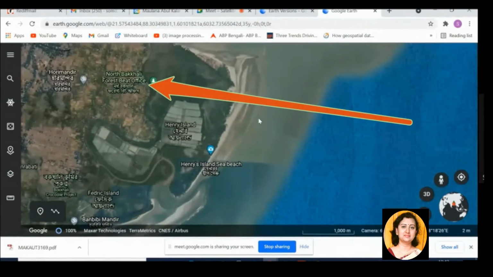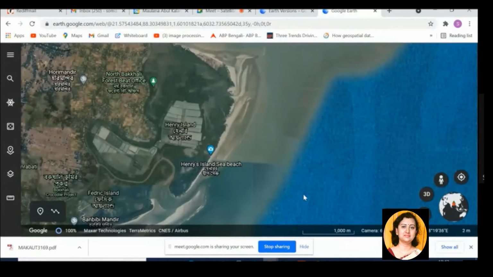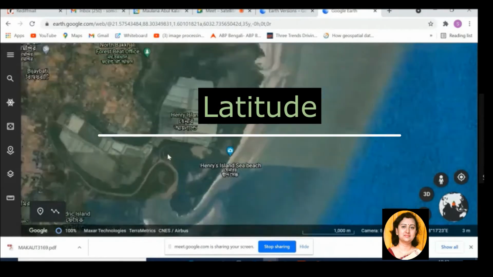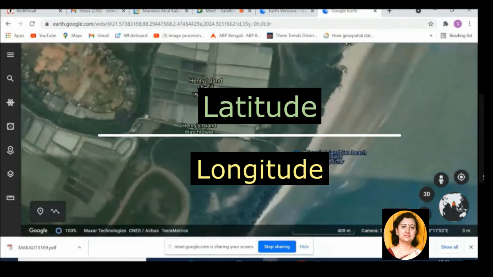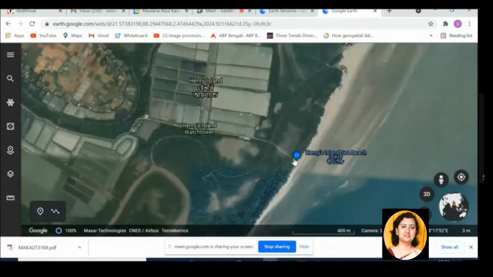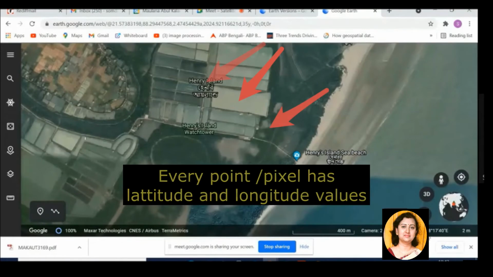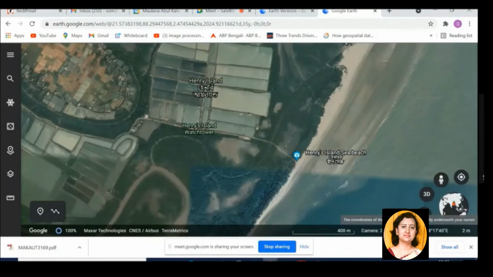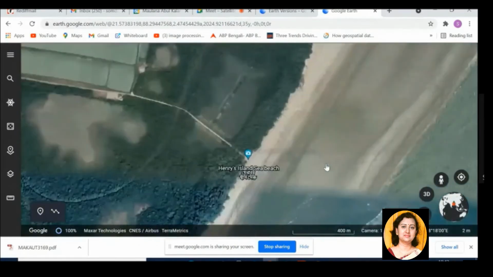Okay. So I am assuming that this is a map. And I'm also assuming that the latitude, longitude values that are visible here, see, every point has a lat-long value, and it is being shown here. So assuming that this lat-long value is accurate enough,